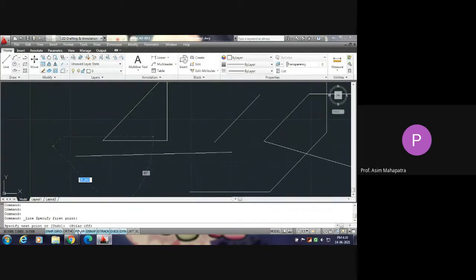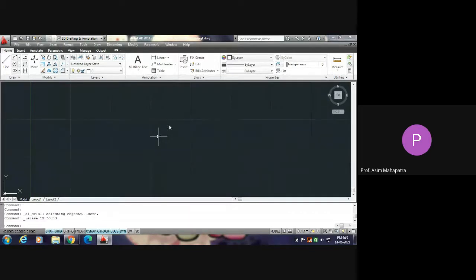You make the polar off, then you will understand. So I am showing you how quickly it can be drawn. Control A and delete. Suppose my drawing dimension is a square of say 30 unit dimension.